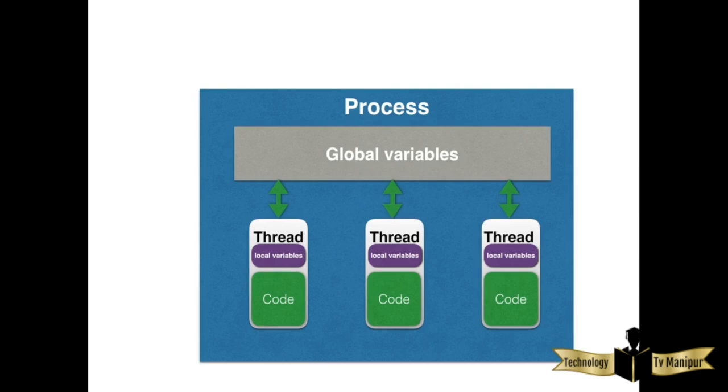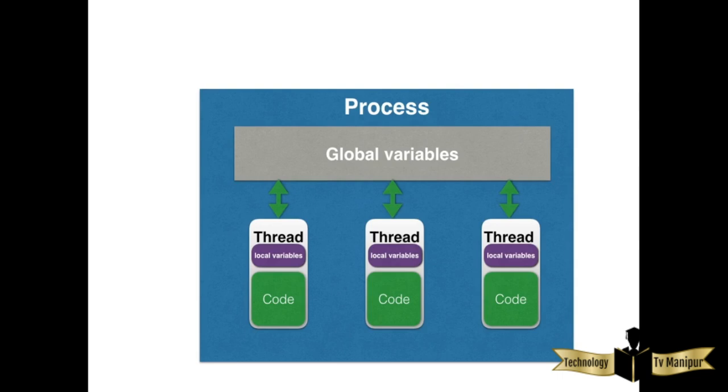Here is a process and the threads exist inside this process. So in this process you can see 3 threads. Now inside those threads you can see there is code and local variables. So a thread is a lightweight process that exists inside the process. Also, a thread is a sequence of control flow. The difference between a thread and the process is that the thread exists entirely inside the process and shares its